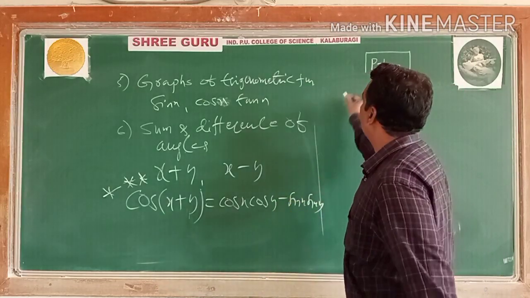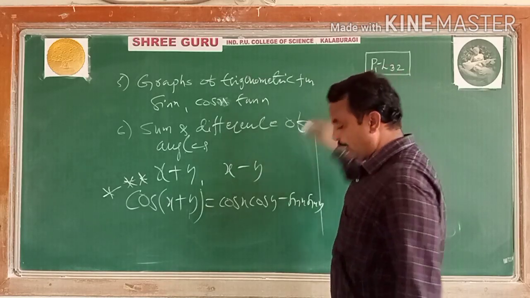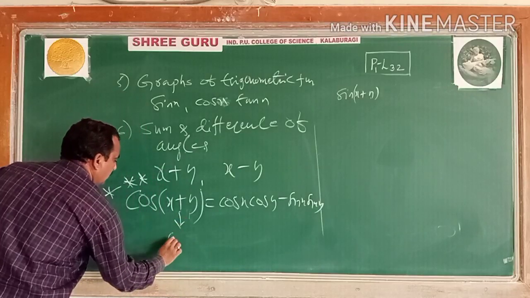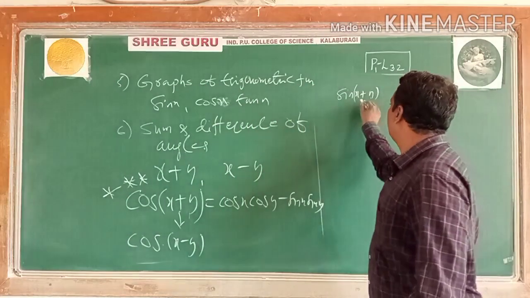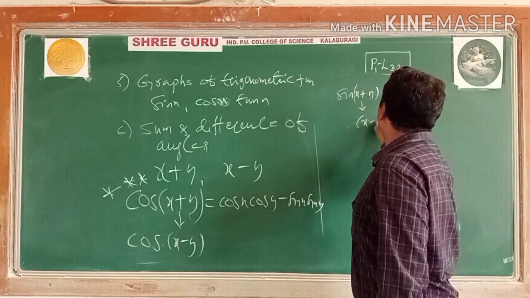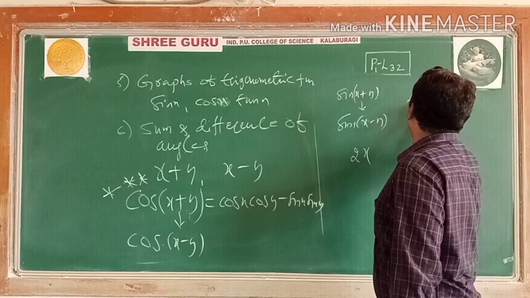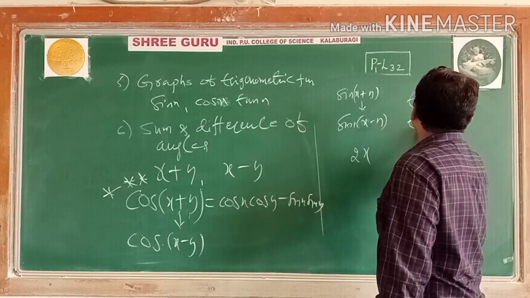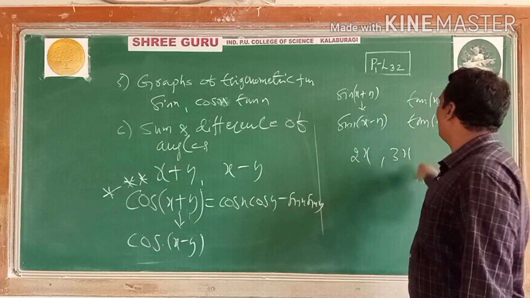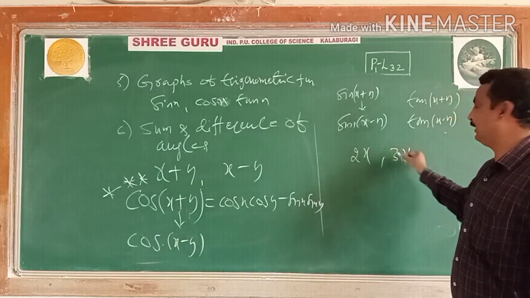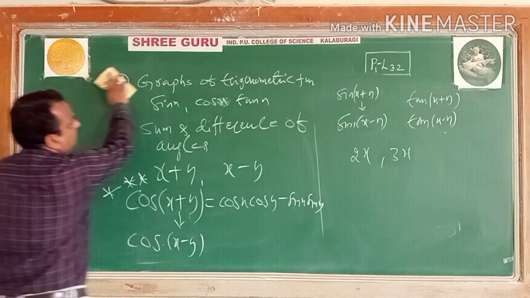we have written all the sum and difference formulas. Sin of x plus y we have proved. First we have proved cos of x minus y, and then sin of x plus y. Using this we have proved sin of x minus y, then tan of x plus y, tan of x minus y, then 2x and 3x of sin, cos, tan we have calculated. In the examples, 4x, 6x, such examples we have calculated.